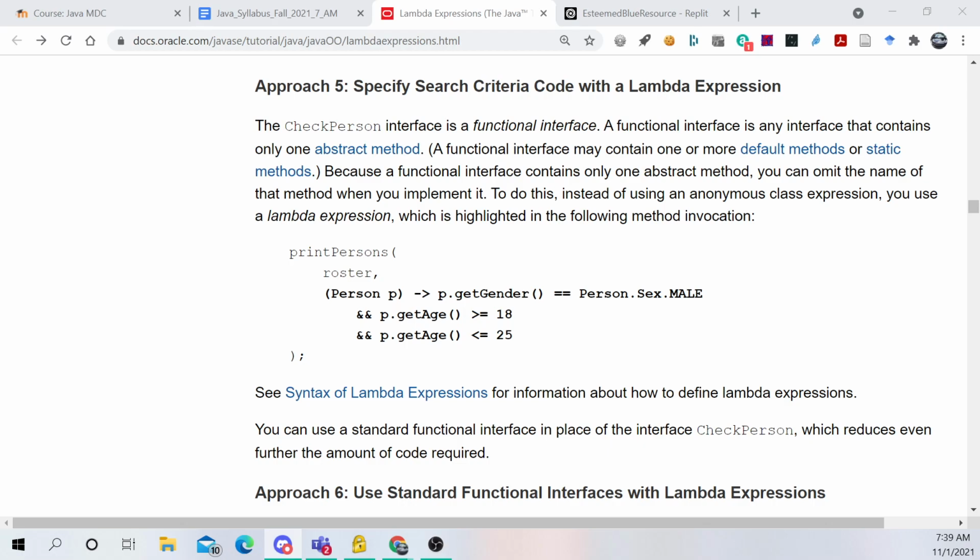All right, so that's going to be really the key to understanding all of this. So here we have the CheckPerson interface. It's a functional interface. A functional interface is any interface that contains only one abstract method. A functional interface may contain one or more default methods or static methods. Because a functional interface contains only one abstract method, you can omit the name of the method when you implement it. To do this, instead of using an anonymous class expression, you use a lambda expression, which is highlighted in